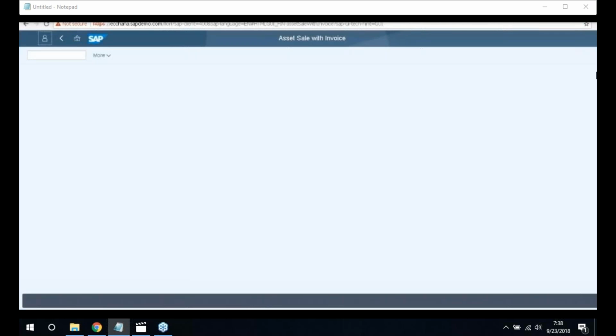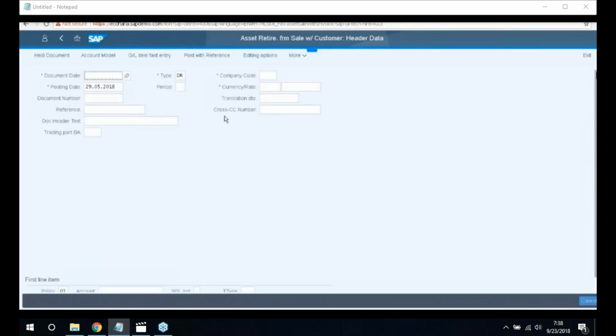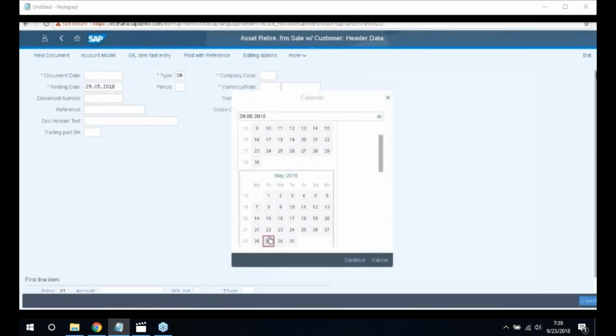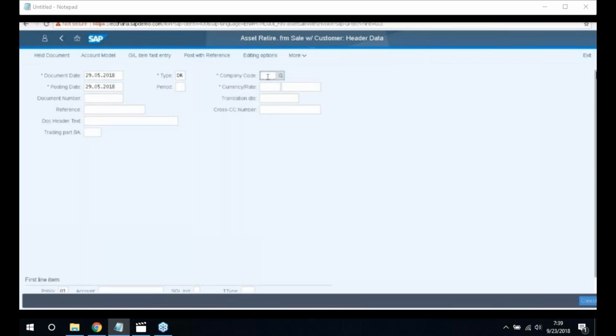To understand the various options for integrated and for non-integrated asset retirements on the system, you can go for the asset sales with invoice app, select the document date, enter the company code 1010,